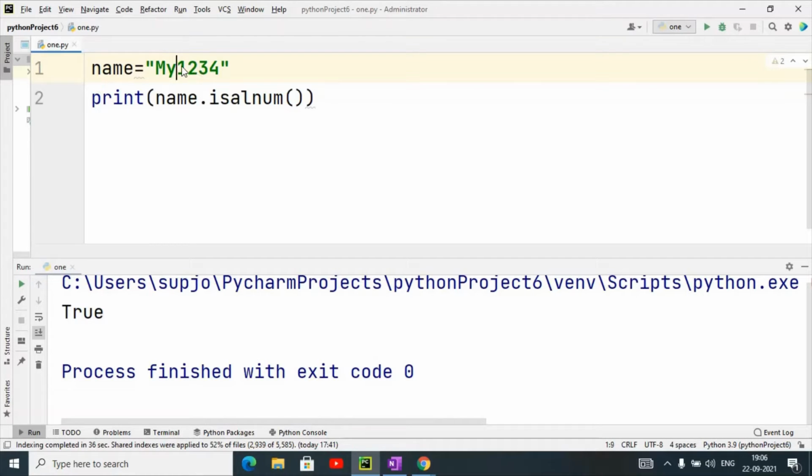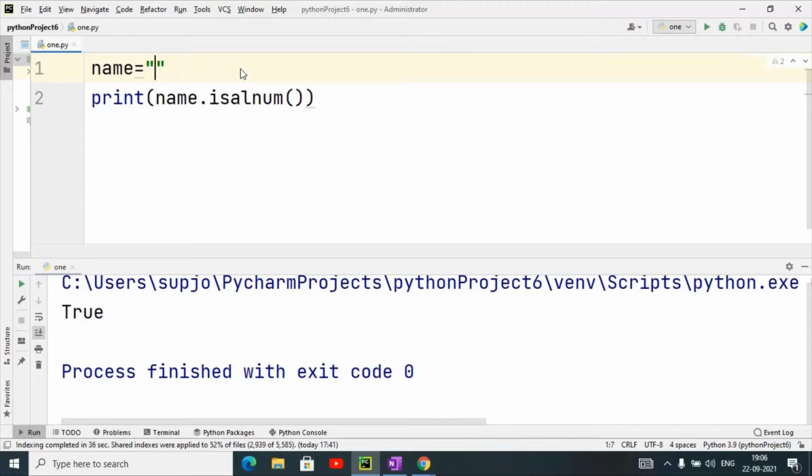For example, if I take only a numerical value, in this case only numeric value is here, and now it is returning a true value.